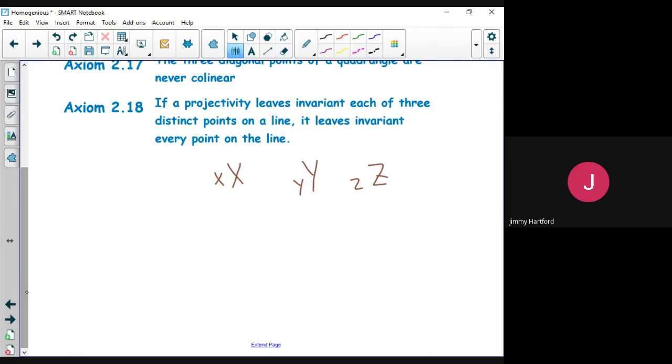So if I have a projectivity that relates these 3 points, that means they're going to be incident, which means these 3 values are going to be 0. And I want to verify that it's true for any point that has this same relationship,